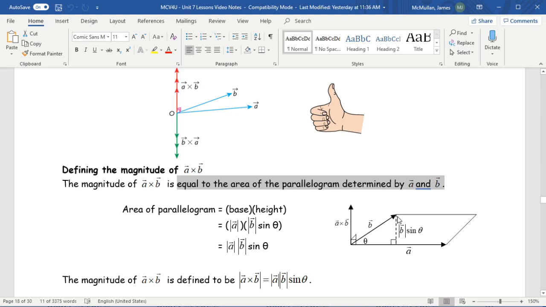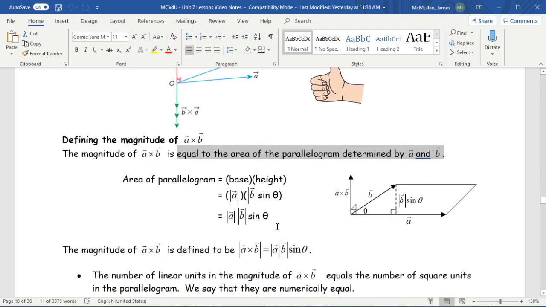So remember, A and B are two vectors that originate from the same location, and you can use them to construct a parallelogram. The parallelogram would have an area defined by its base times its height. Now the base of this parallelogram is the magnitude of A. The height of this parallelogram is magnitude B times sine theta, and therefore the area of the whole thing is